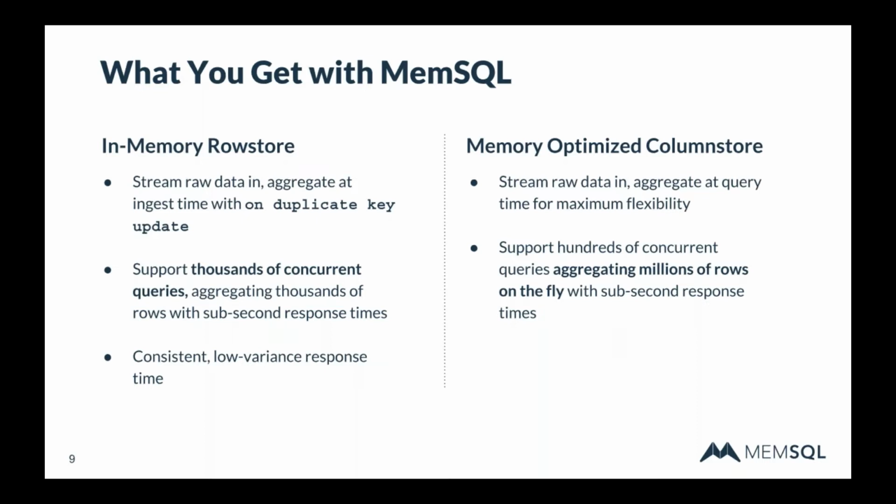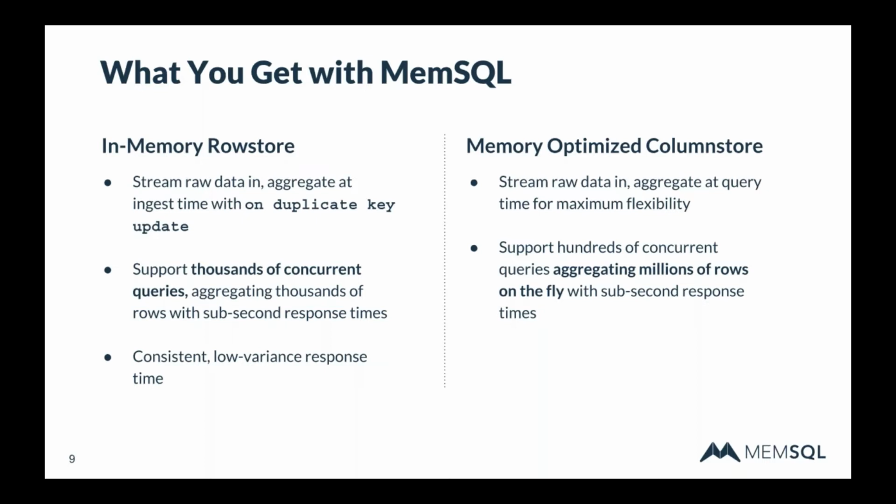You can stream raw data in. You can aggregate at ingest time if you want to, using ON DUPLICATE KEY UPDATE, which is a form of upsert that's supported in our SQL syntax. That means you can either insert a row if there's no key for that already stored for that row, or if that key is already present, you can update an existing row. And so you can do streaming aggregation to create summary aggregates if you want to,